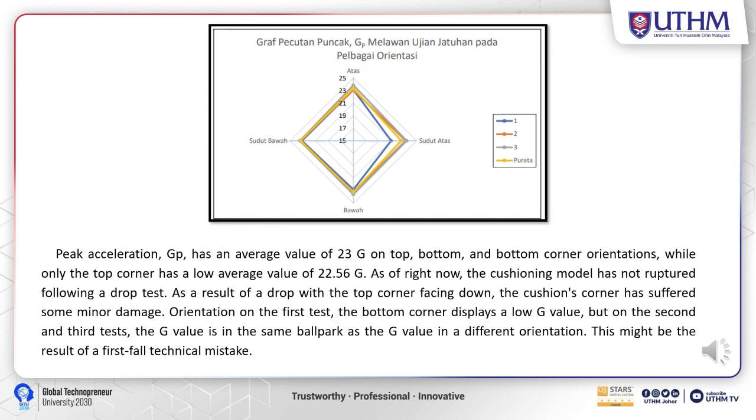So at this time, there was no break in the cushioning model after the drop test. However, there is some damage to the corner of the cushion during the drop in the top corner orientation. The bottom corner orientation displayed a low peak acceleration in the first test, but in the second and third tests, the peak acceleration value was around the same range as in other orientations as well. So this may be due to some technical error which was made during the first fall, which I have